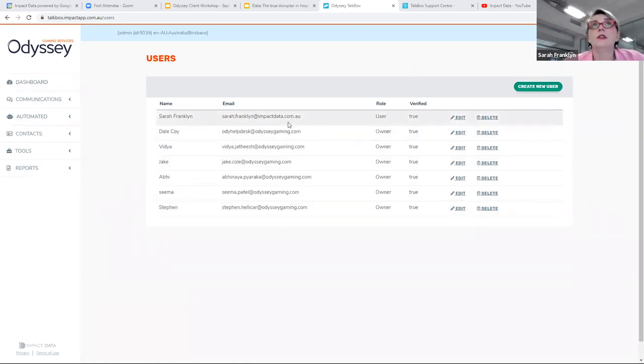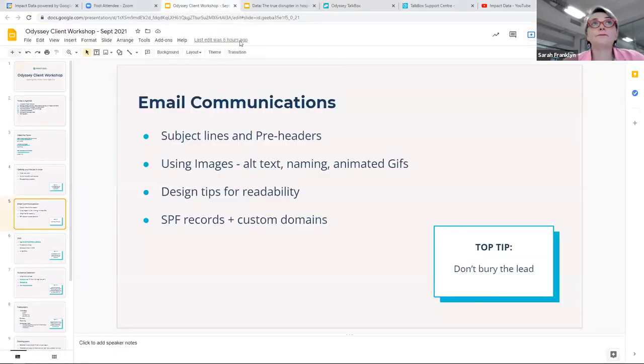You need to use your individual email addresses. And see, this is very naughty of Dale. You shouldn't be using that one, because that just creates opportunities for your account to be compromised by other people getting in. So that's the first tip that we really want you to think about.